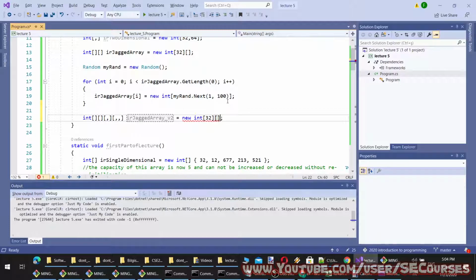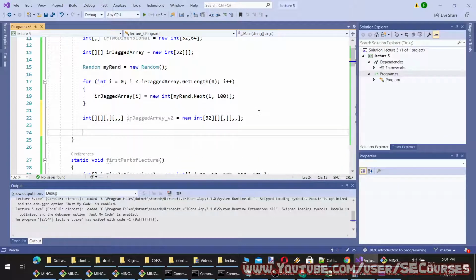I'm going to define it exactly like the other ones, like this. I have basically first initialized the first array that will hold another array, and that array will hold another multidimensional array, and that one will hold a three-dimensional array.